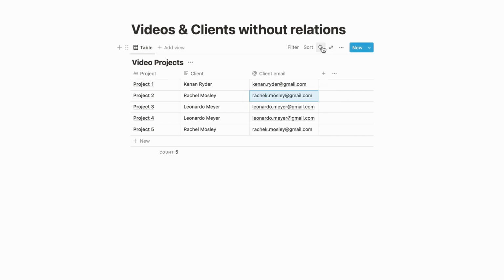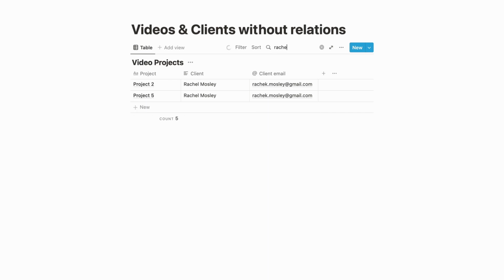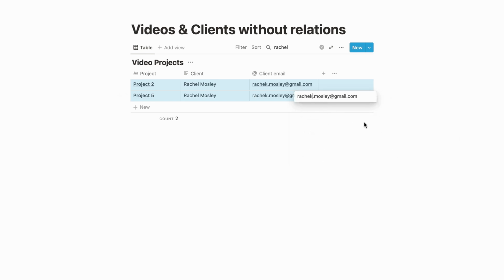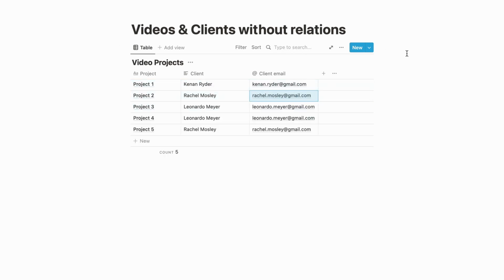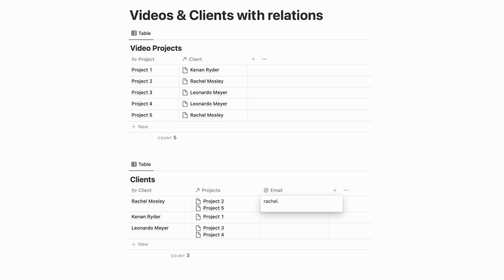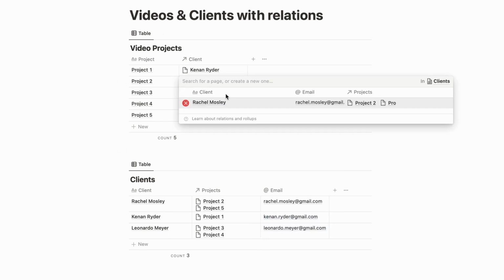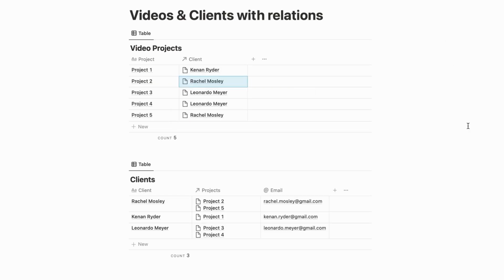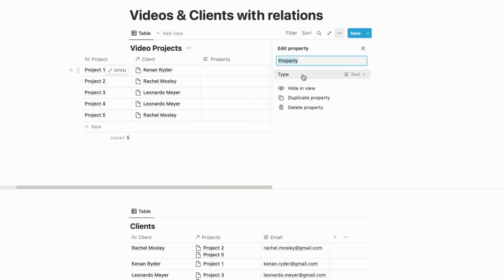Okay, in this example, I could pull together the necessary records by an appropriate search query and do the batch update for all of them, but it's not always the case. And still, this method is error-prone, at least because I could input the email with mistakes for some records in the first place. With relations, I can store emails in the corresponding client's documents. If any change happens to client info, I have to update it once. I can easily go from a project to the corresponding client to find the email. And if you still want to see the email column in the project database, it is doable with rollup property.